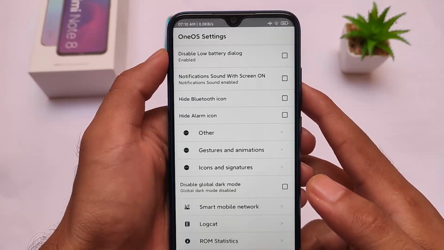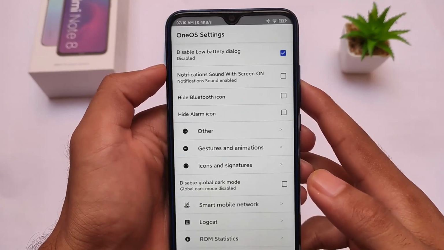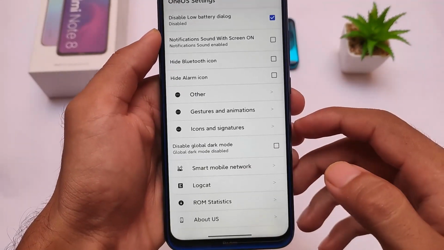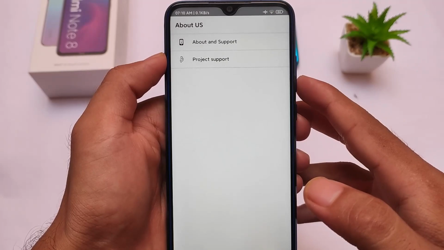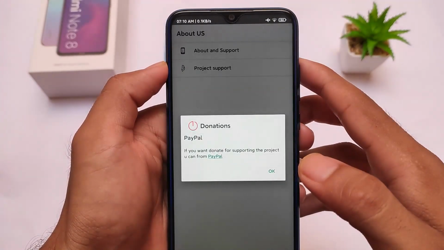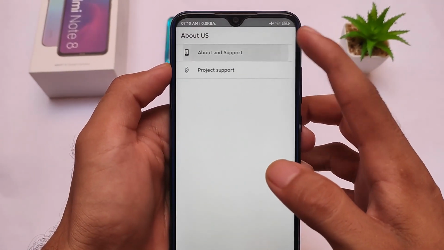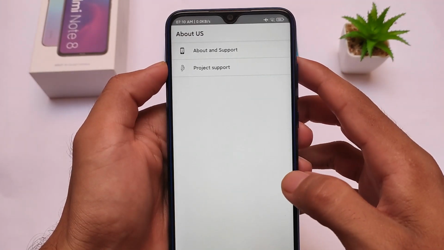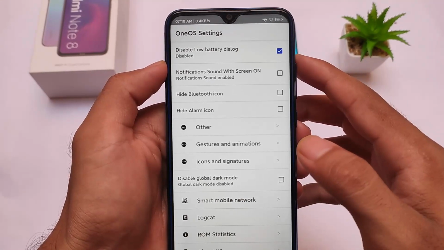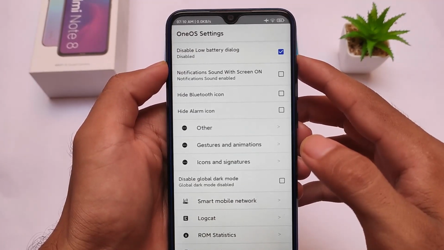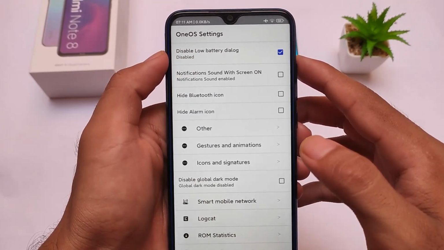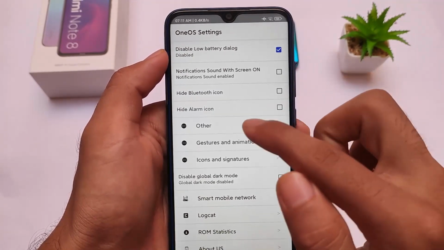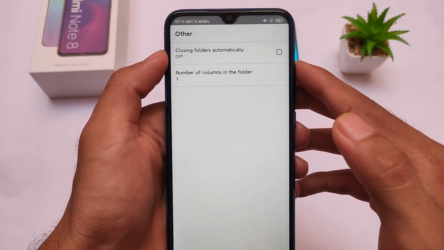If you want to disable it, you can. Notification sound with screen on, which is a very good feature, is enabled by default. You can disable this. If you move on to the about section, you can simply donate to them. It's just up to you. I'm not sure if you will donate or not, but yes, the option is present for you. You can hide the Bluetooth icon, hide the alarm icon. Some options are present for you, but here we have some other options where you can simply customize